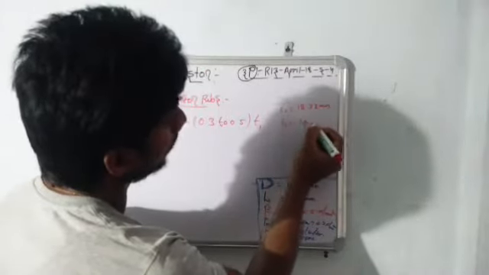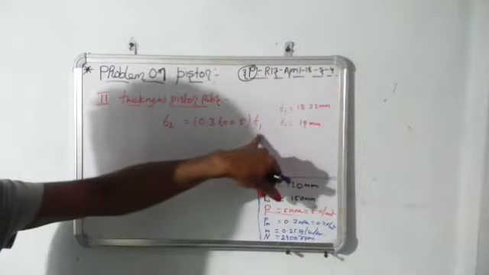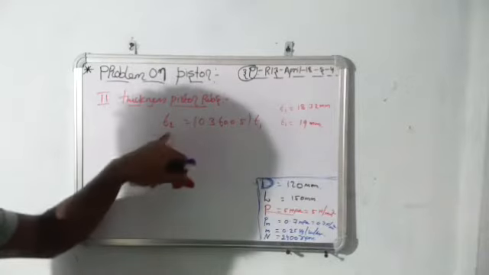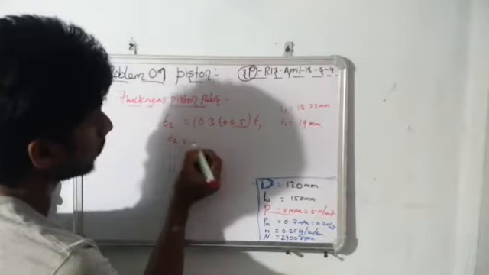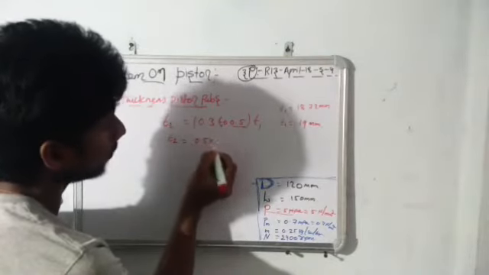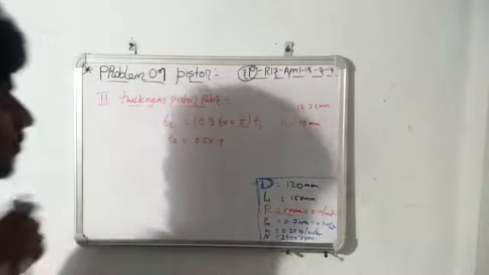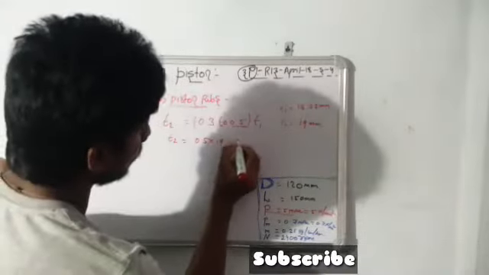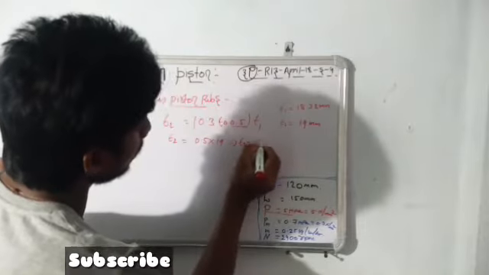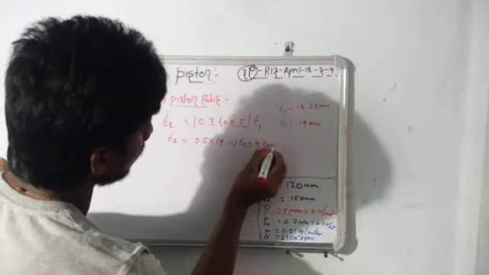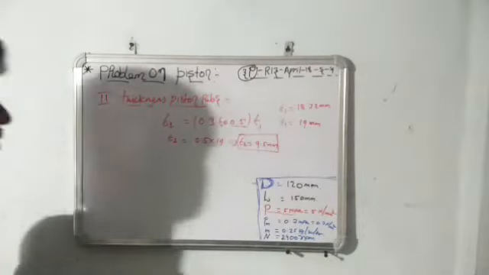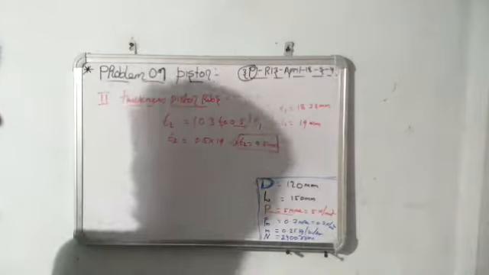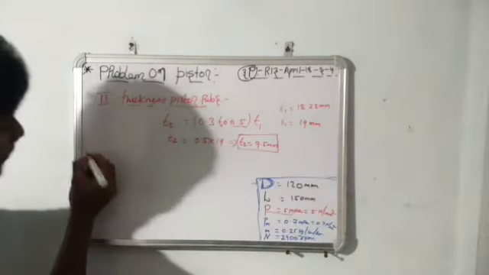To fulfill this value for proper design, I would like to consider T1 equal to 90 mm. So substitute this T1 here, and we get the T2 value. So I am considering the maximum value, T2 equal to 0.5 into 19 mm. So ultimately the T2 equal to 9.5 mm. So this is about the thickness of piston ribs.